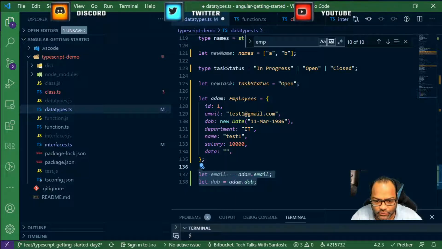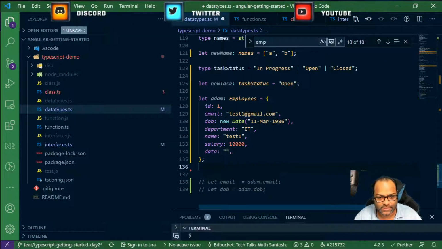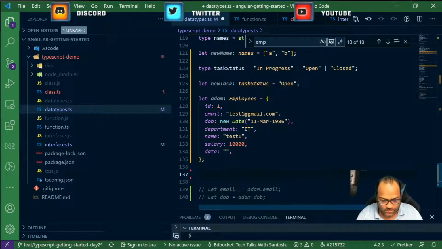What if I can do it in a single line? Yes, that's possible using the new syntax which is available in ES6. Remember, most of the syntax which we are seeing here is not specific to TypeScript, it's available in ES6 as well. So you can utilize it whenever you are writing even your normal JavaScript, right? Where you are using ES 2015, so it's not only applicable for TypeScript.